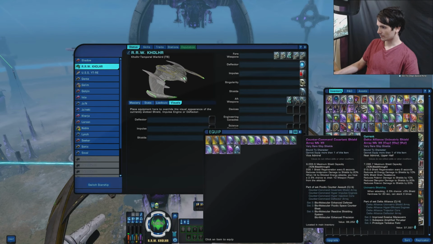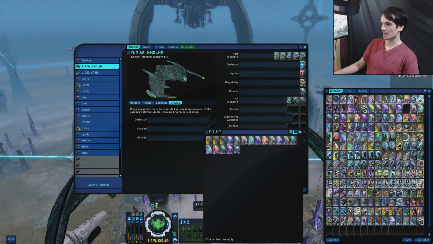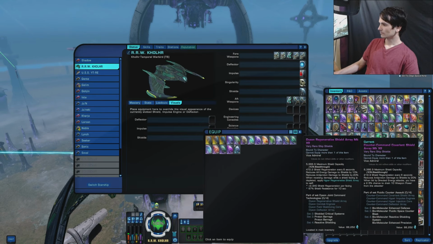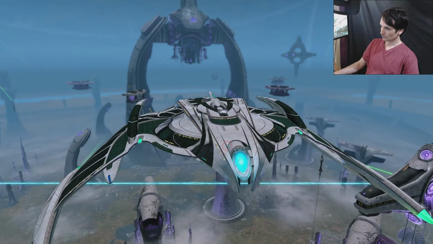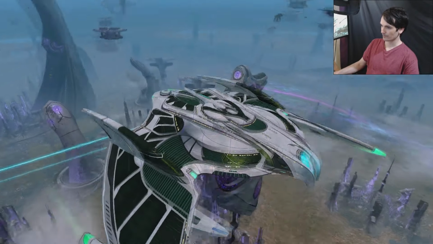How about... where are we going? Counter command? That was the one we just looked at. So we want... Dyson! The Dyson Shields. Well, the Dyson Regenerative Shields do give...